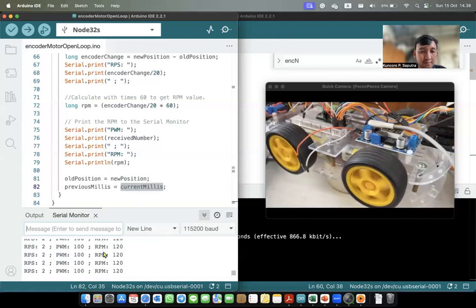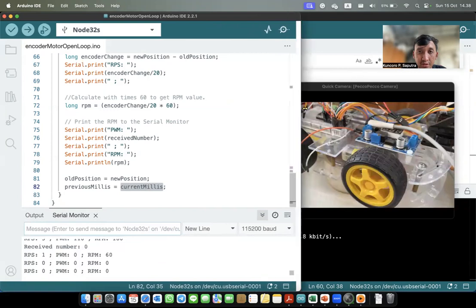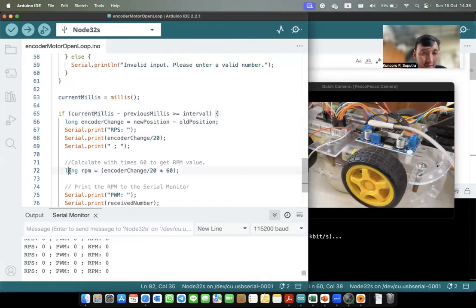Okay, 100. Okay. So we can use a float number here to make it more precise, and I will divide it by okay.